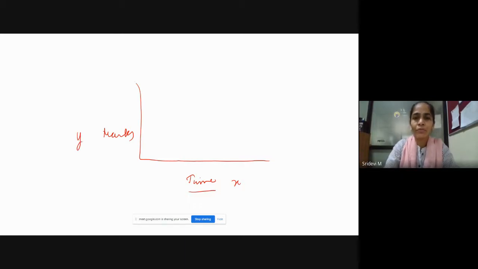Now, if you want to find out the correlation between them, say you have the data points like this, which indicates that as the time spent in studying increases for a student, his marks also tend to increase. This is called positive correlation. As x increases, y also tends to increase with it.